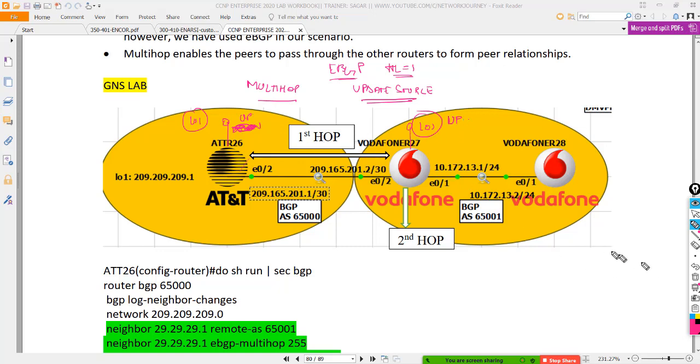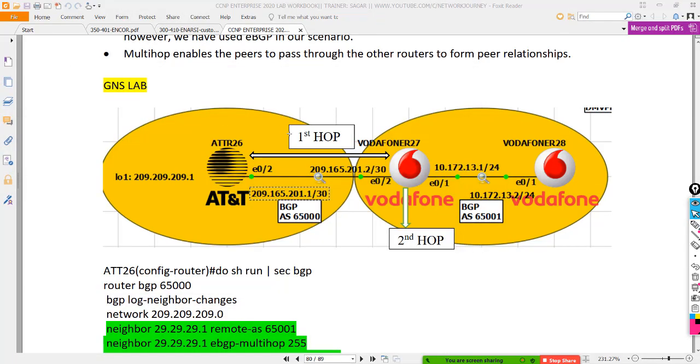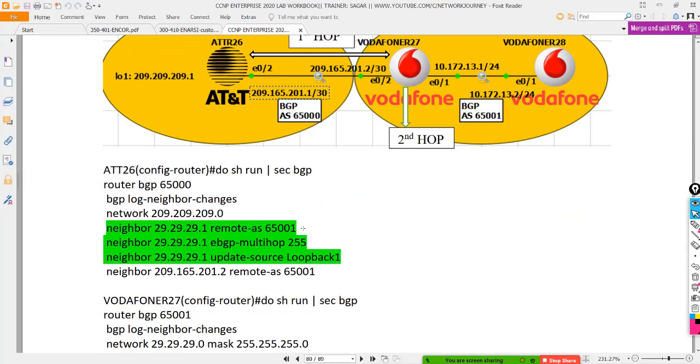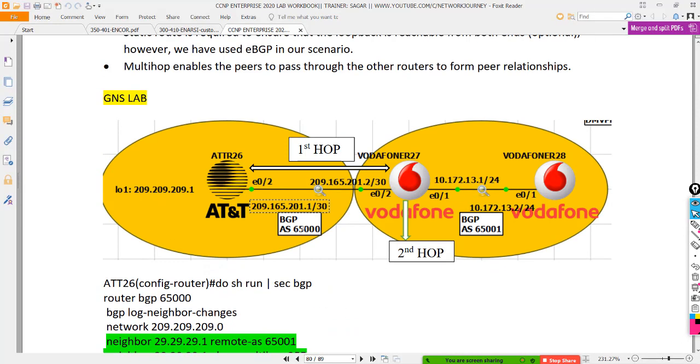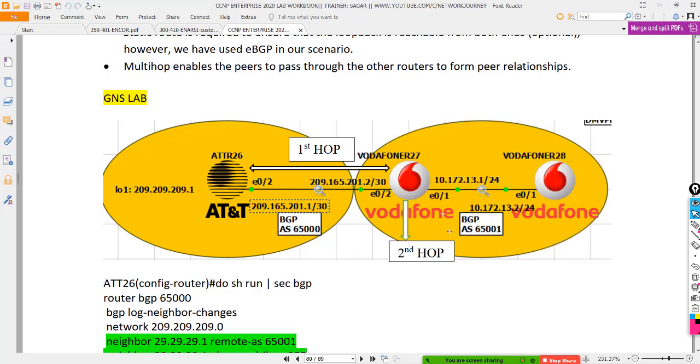Now let's configure. Let me open up my GNS. And I mentioned first hop and second hop. That's between the two routers, which is the first hop, and from the router to the loopback acts as the second hop.